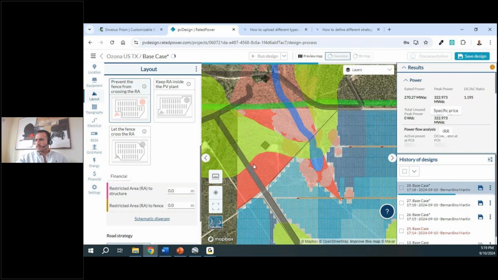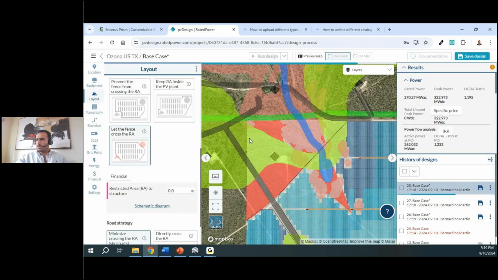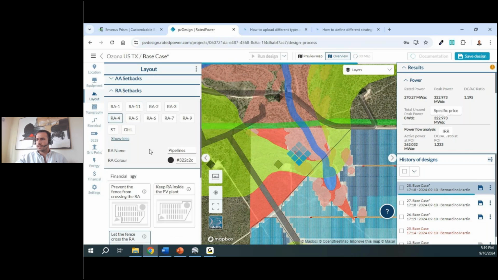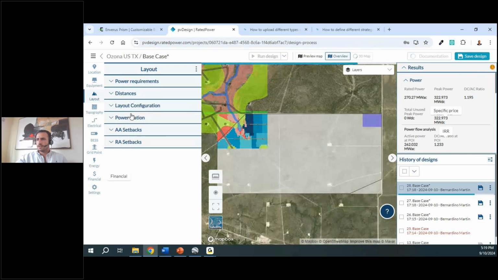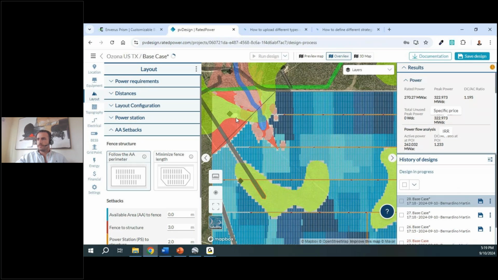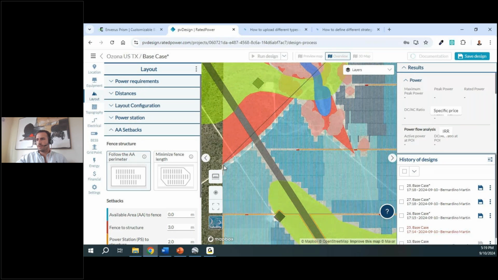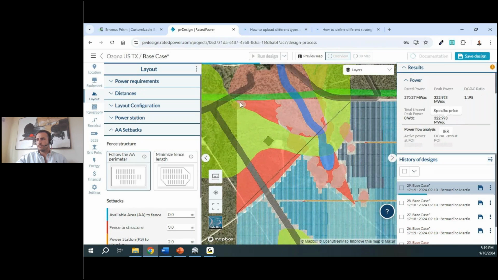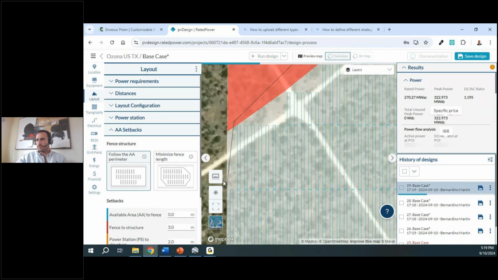Also, if we want the fence to go over these restricted areas because we want the fence to follow the perimeter, we can change the strategy here in the available area setbacks. So we can go here and change the strategy for the fence to follow the perimeter instead of enclosing the structures. So we can rerun the design, and you will see that now the fence will go over the restrictions to this corner and back there. In this case, the setback from available area to fence is set to 0. So we will see how the